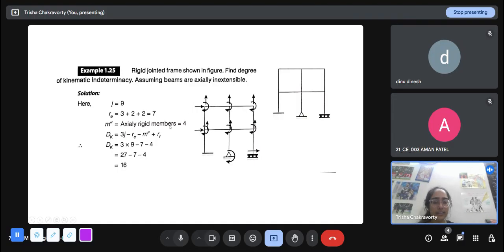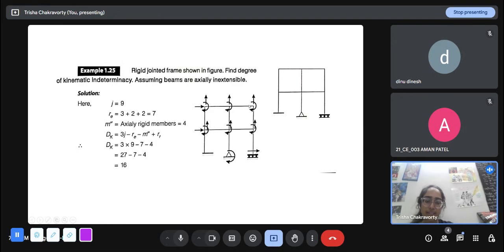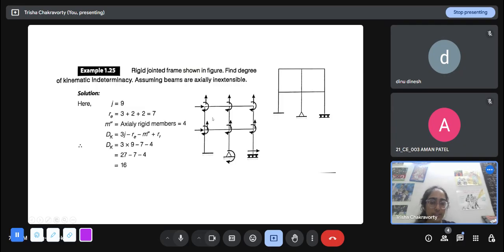And let us look at the degrees of freedom here physically. Each rigid joint in a 2D plane is supposed to have three degrees of freedom: vertical, horizontal, and rotation. So here there is 3, here there is 3, here there is 3. Here, here, and here there is 3. Okay, no, wait, sorry. Since these two members are rigid, if I am allowing horizontal displacement here, I cannot allow horizontal displacement here and here. So there is 3 here, 2, 2, 2, 2. This point is completely fixed. This point only can undergo rotation, and this point can only undergo horizontal displacement. So adding them, you will get 16.